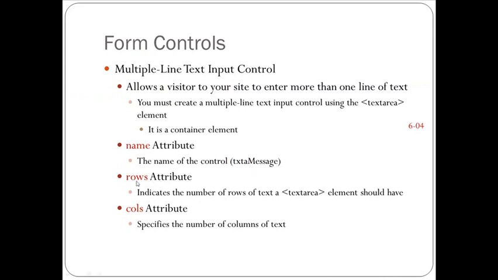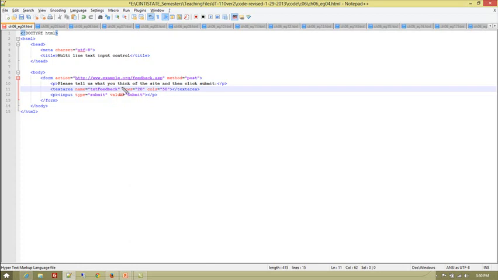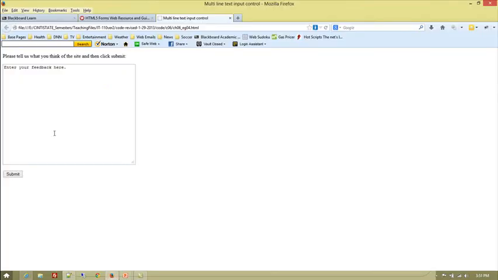It has a row attribute and a column attribute, which are important. The row number indicates how many rows the element will be, and the column how many characters you can get on one line that's visible, just like what we saw in the size for the text input. So if you look at this, you'll see that we have 20 rows and 50 columns. Well, that means that in here you'll be able to see 50 characters across this, and there will be 20 rows down to it. So that determines the size, if you will,